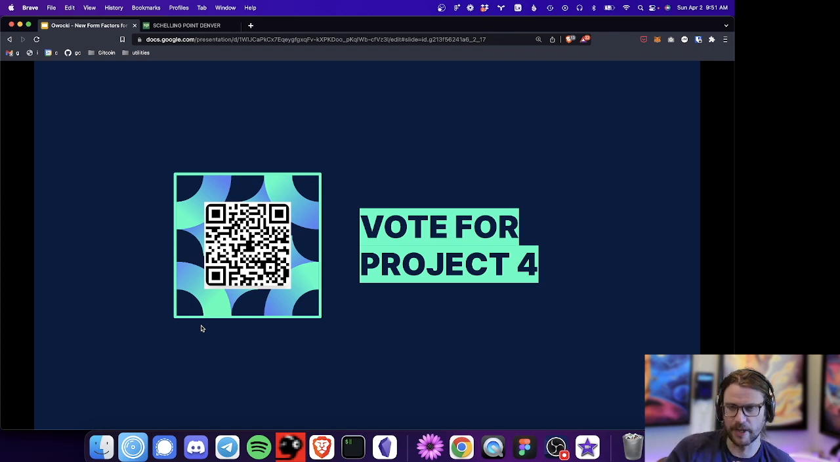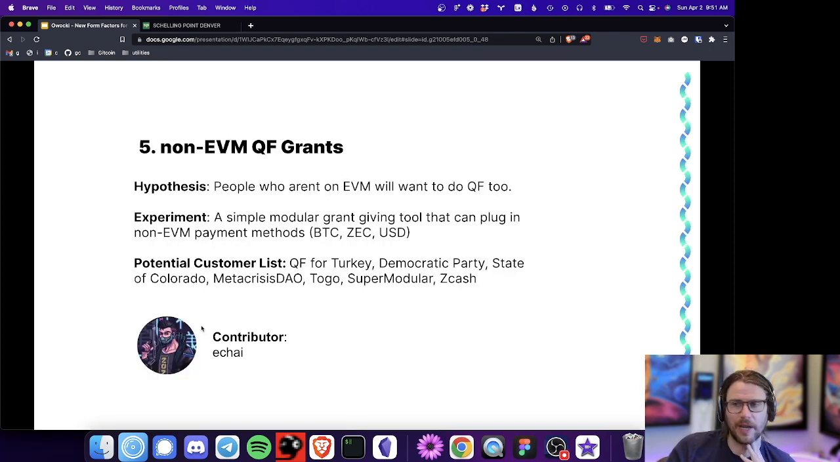Alrighty, home stretch. Project 5, non-EVM QF grants. So I've been working with a contributor named Eason Chai, who is helping us build a product called simplegrants.xyz. The idea here is that people who aren't on the EVM will want to do quadratic funding also. So what if we built a simple modular grant giving tool that can plug into non-EVM payment mechanisms, BTC, Zcash,